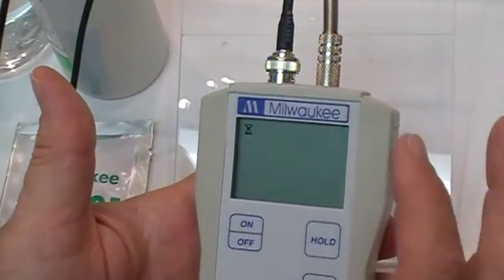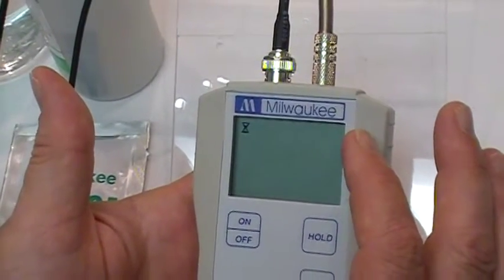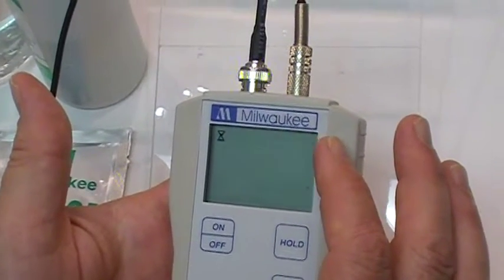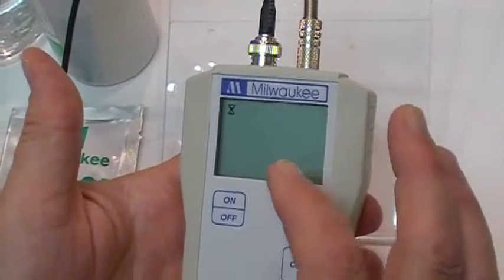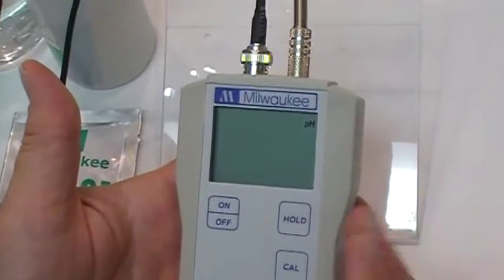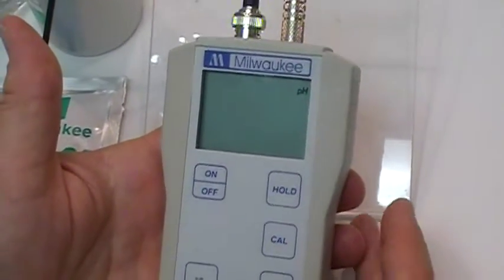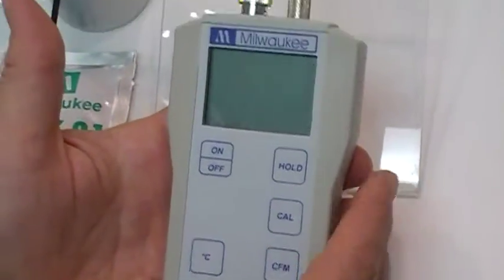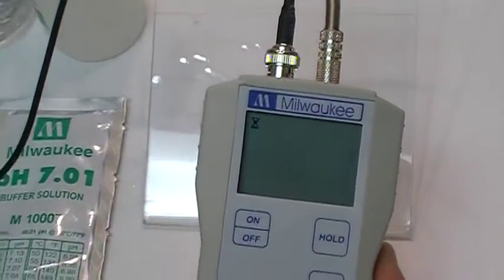In your instructions it says look for the pH tag to stop blinking. They are referring to the pH in the upper right hand corner, letters pH. As you'll notice in just a minute, then there you go. The numbers will continue to blink. The pH stopped blinking. At this point you hit the CFM button. You can do a rinse